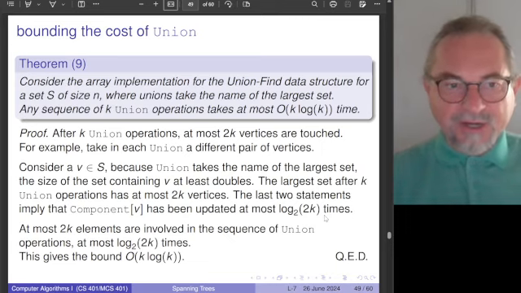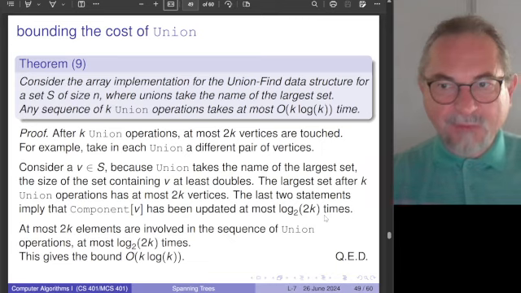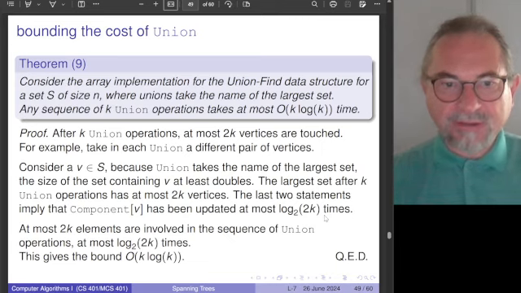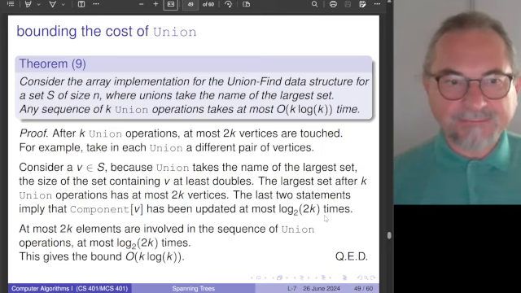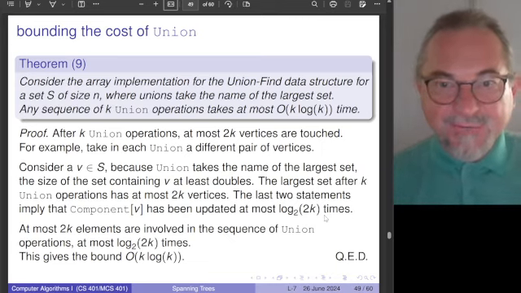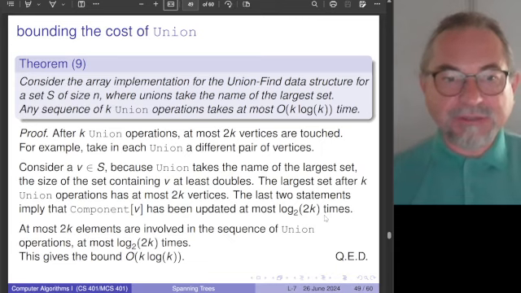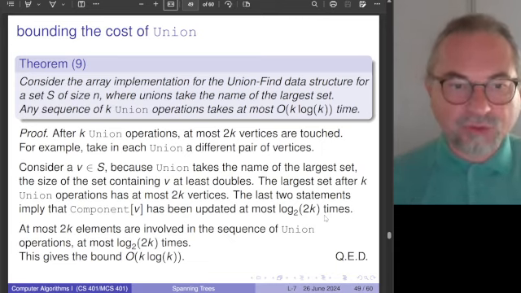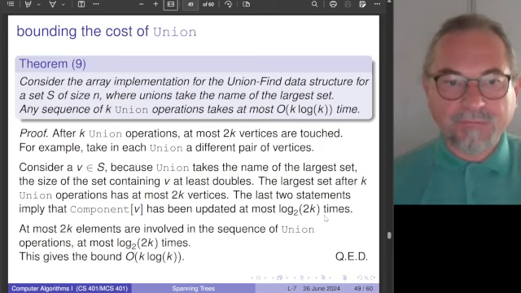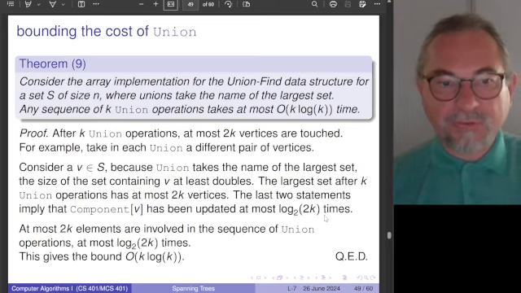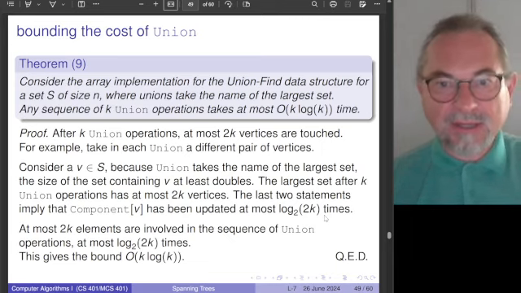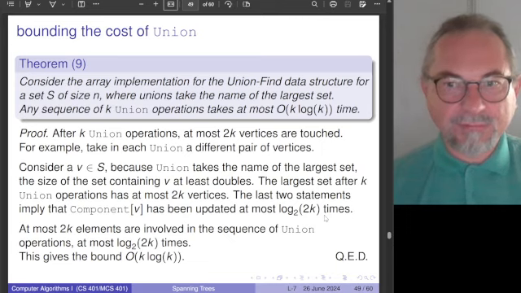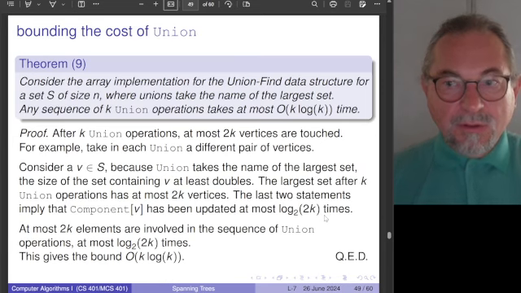If you then check how many times the name of a component is updated, this is at most the logarithm base 2 of 2k. At most 2k elements are involved in the sequence of union operations, and each is updated at most log 2k times. So for k union operations, we have the k log k cost. Okay,